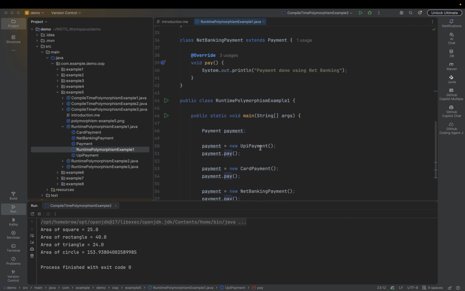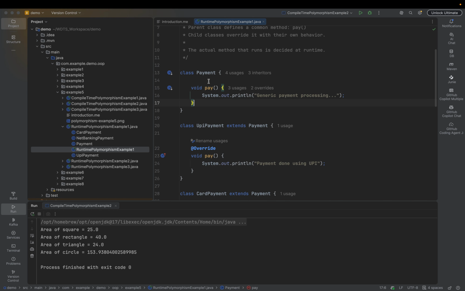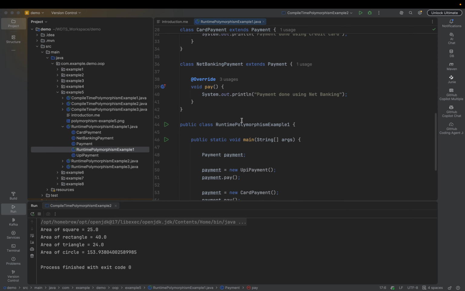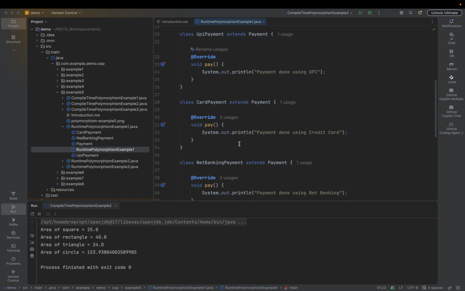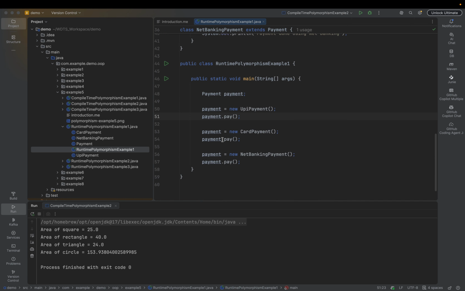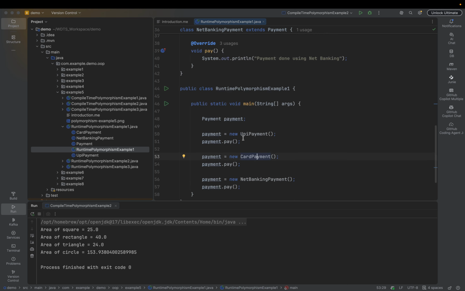Even when I click this one, it will always call the superclass pay method, but at runtime, when the program runs, it will call the pay method based on the object. Suppose here I have passed a UPI payment object, then payment has a UPI payment object, so it will call the UPI payment pay method. And similarly, payment is reassigned and now has a card payment, then this payment dot pay will call